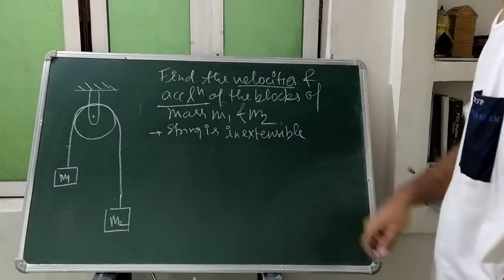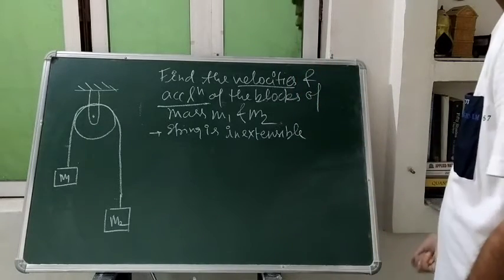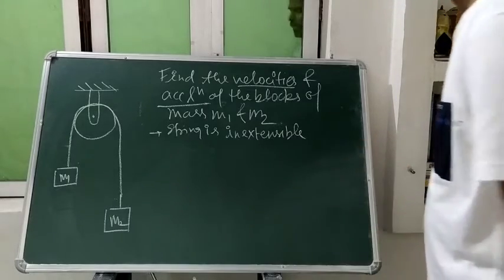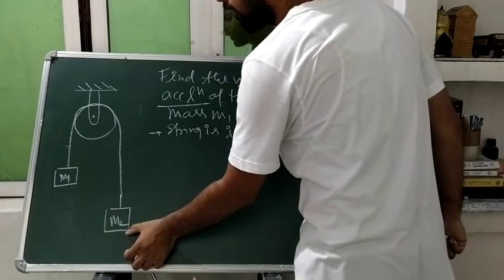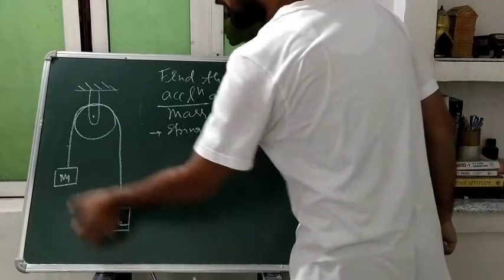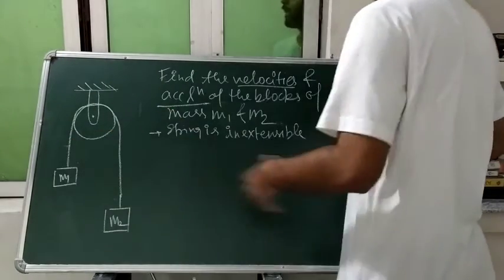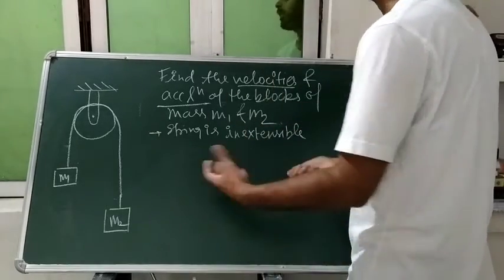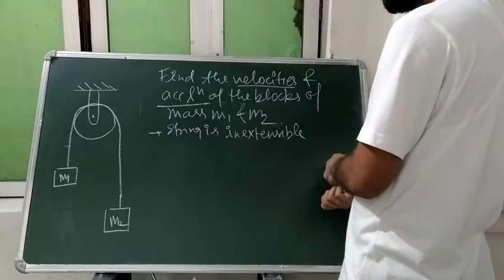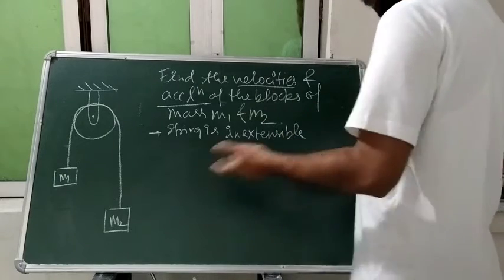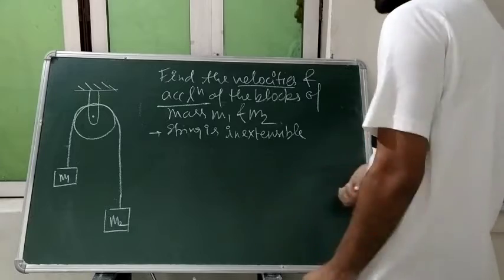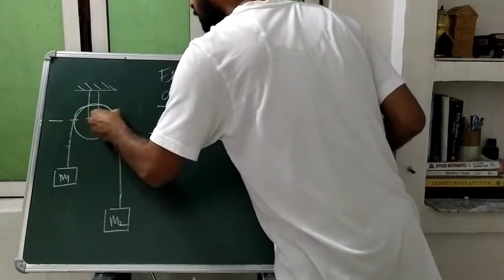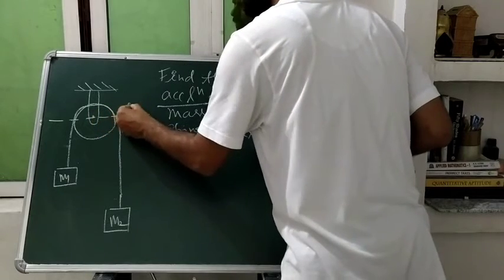So we want to talk about acceleration and velocity. And I have told you that if the imagination comes to your mind that if it travels some distance x, the same distance the other will travel, then differentiating, the velocities will come the same, and differentiating again, the accelerations will come the same. So student, if that imagination is not coming to your mind, what can we say in the other way, student? Choose another method.